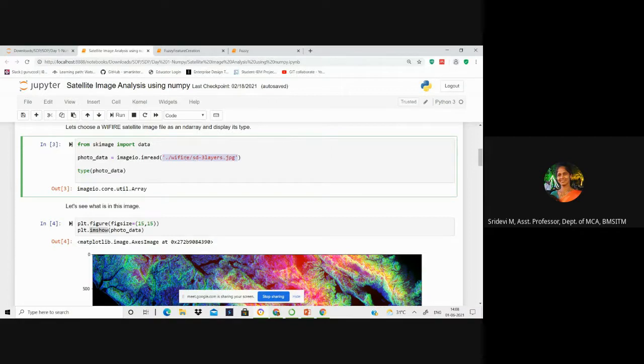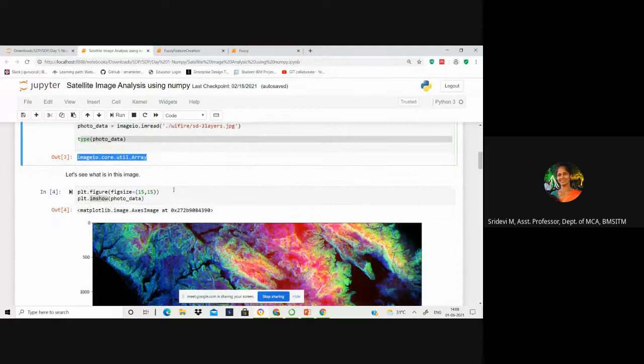I already shared the folder with you, in which you have this JPG image if you want to work separately. From this JPG image, you are reading the image using the imageio library, and you are getting it into your local variable photo data. And when you print the type of this photo data,